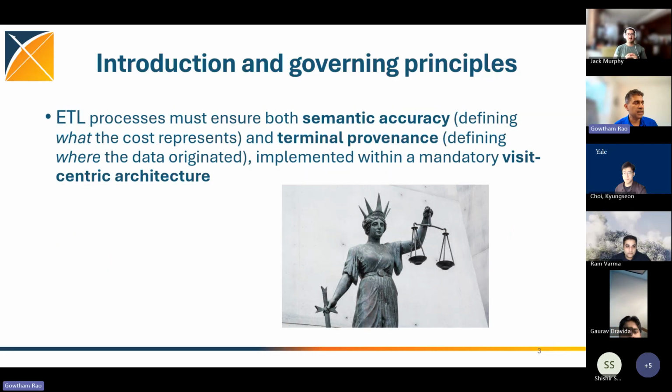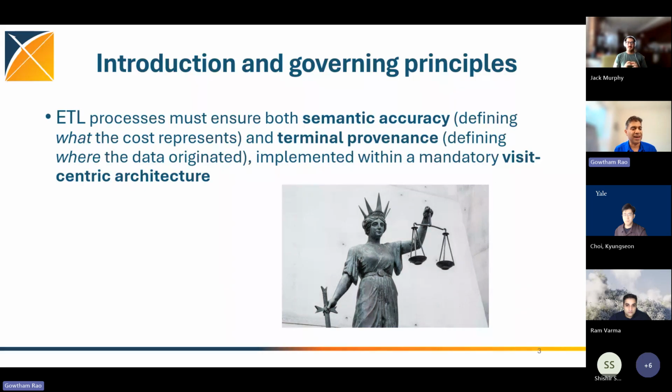So semantic accuracy is extremely important. So we have to define what cost is. This is the point, Ram, you made. We also need to have terminal provenance. So where did it come from? So we have to have traceability. And we are going to propose that we use